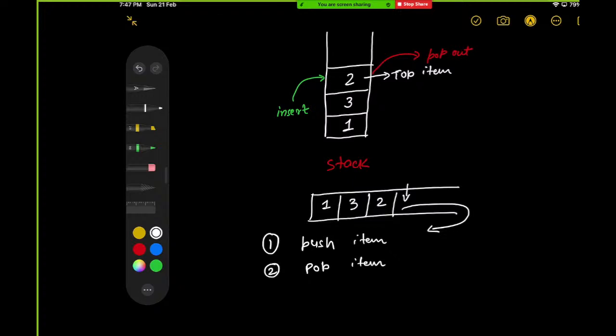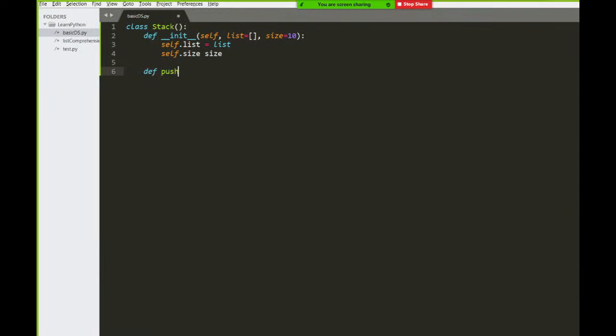Yeah, if the stack is full, we cannot push, and if the stack is empty, we cannot pop, right? Okay, so def push with an element item. So for pushing, first we will check the constraint. So if the length of the array has reached the maximum size, then we can say okay, we can raise an error